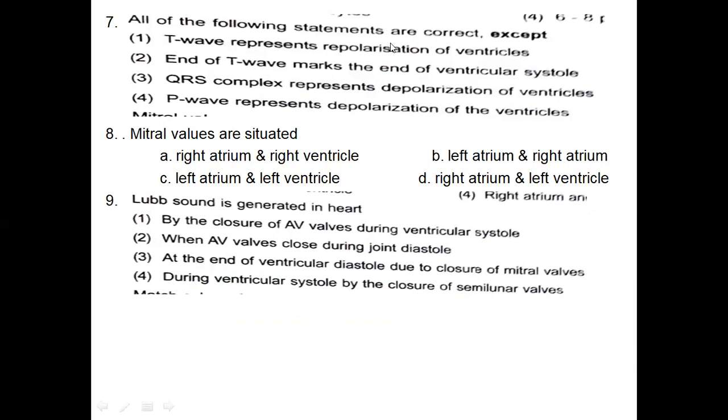All of the following statements are correct except: T wave represents repolarization of ventricle. End of T wave marks the end of ventricular systole. QRS complex represents depolarization of ventricles. P wave represents depolarization of ventricles. So here